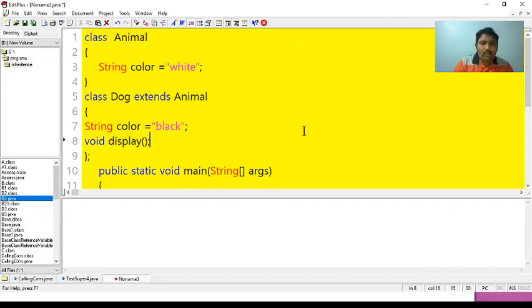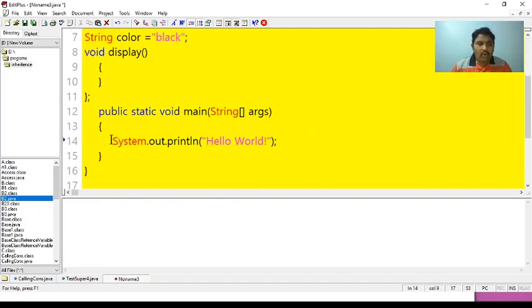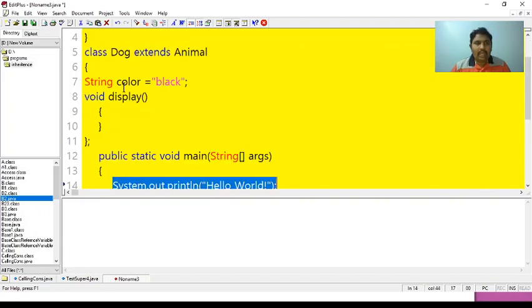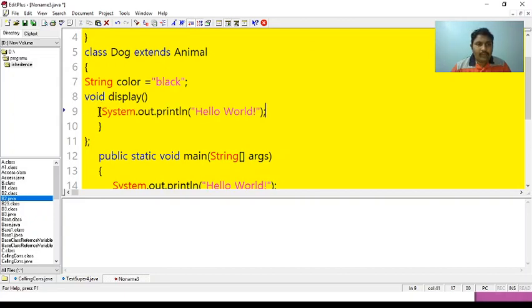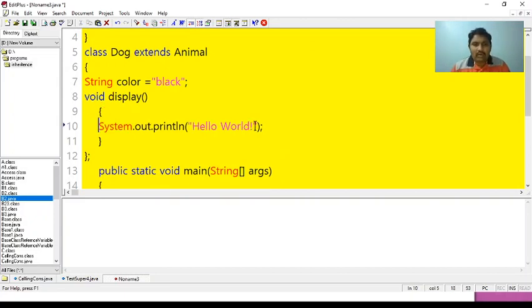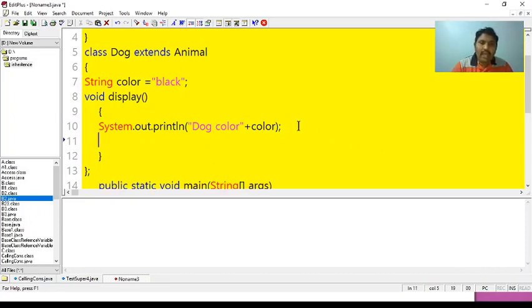My intention is to print both the animal color and the dog color. If I print the dog color as just color, then only the color black will be printed. But I want to print the animal color. How can I refer to the animal color?